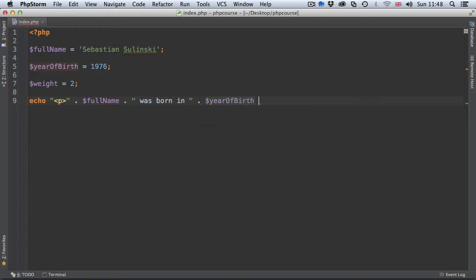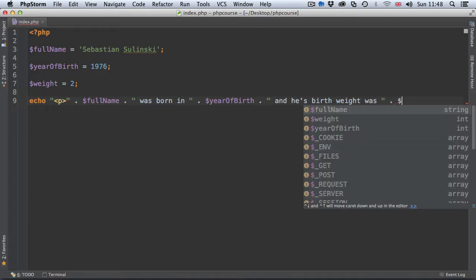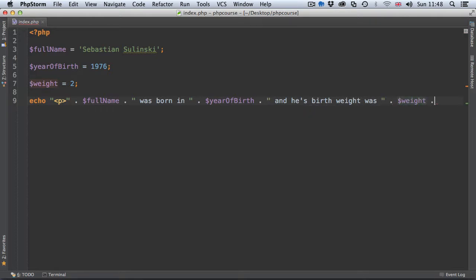birth, and then we are going to concatenate it again within the double quotes, and his birth weight was, and then concatenating this with the weight variable. And after this, again, we're going to use double quotes, space kg for kilograms, and closing paragraph tag, and then semicolon after this. If we now save it and preview it in a browser, refresh it, you can see it